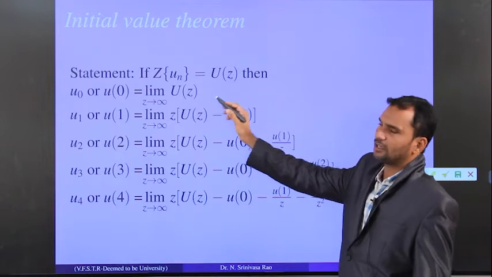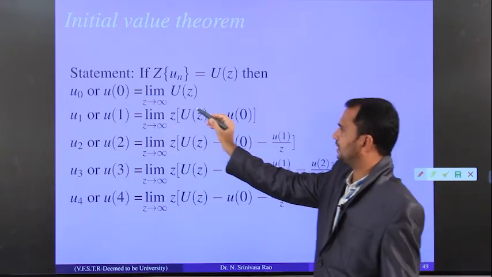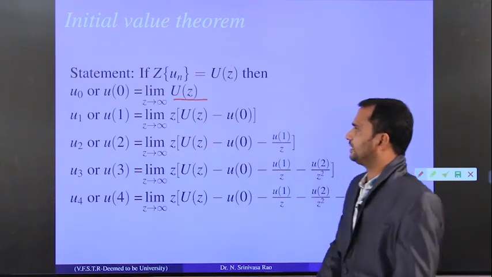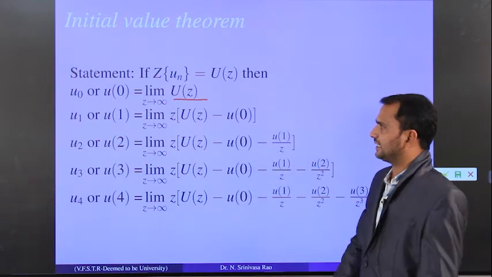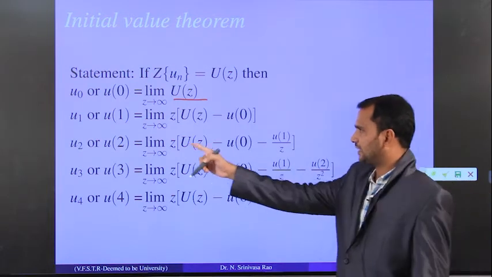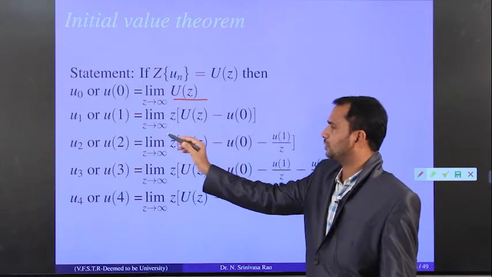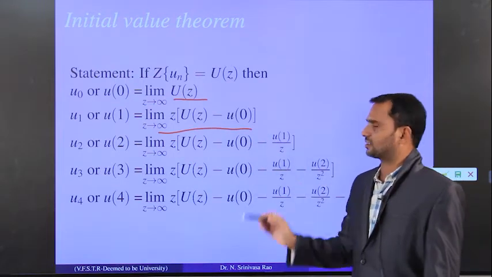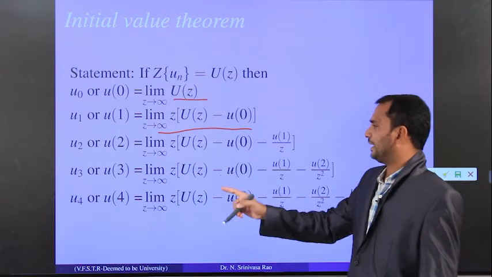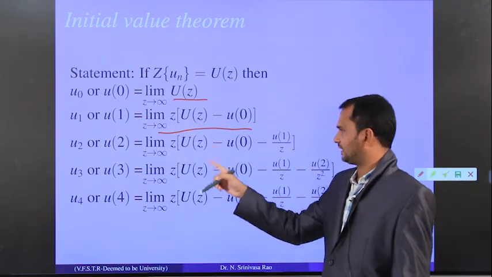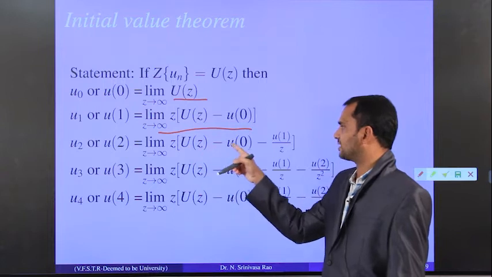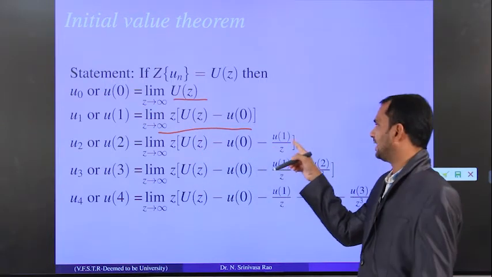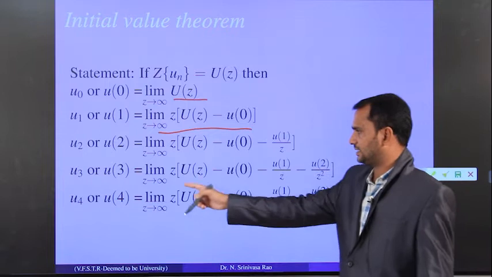If Z of u(n) is U(z), then u0 is the limit as z tends to infinity of U(z). Similarly, u1 is the limit as z tends to infinity of z into U(z) minus u0, and u2 is the limit as z tends to infinity of z into U(z) minus u0 minus u1 by z, and similarly u3